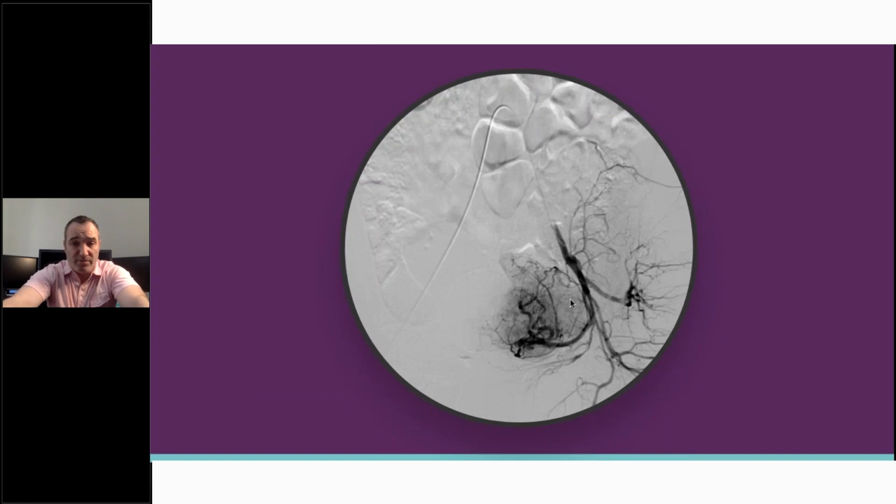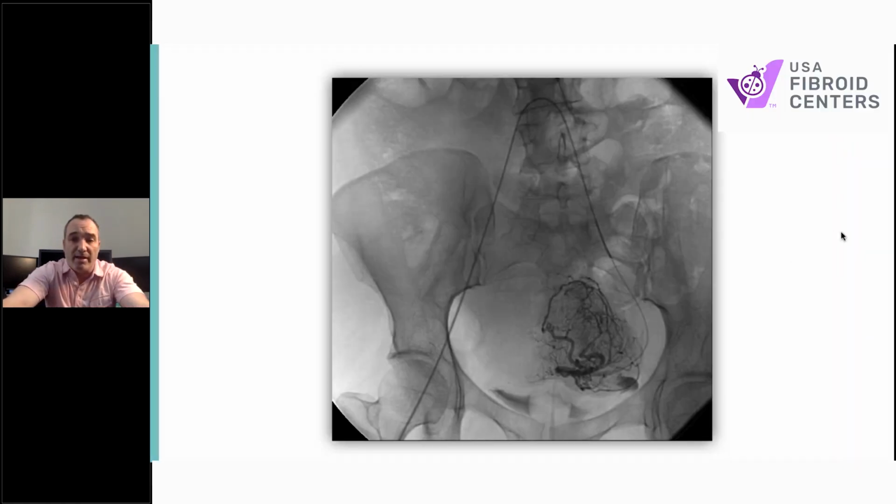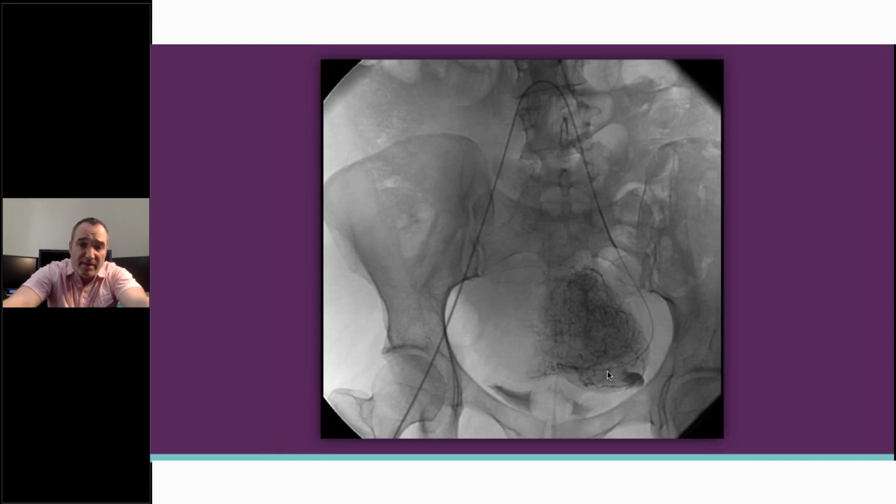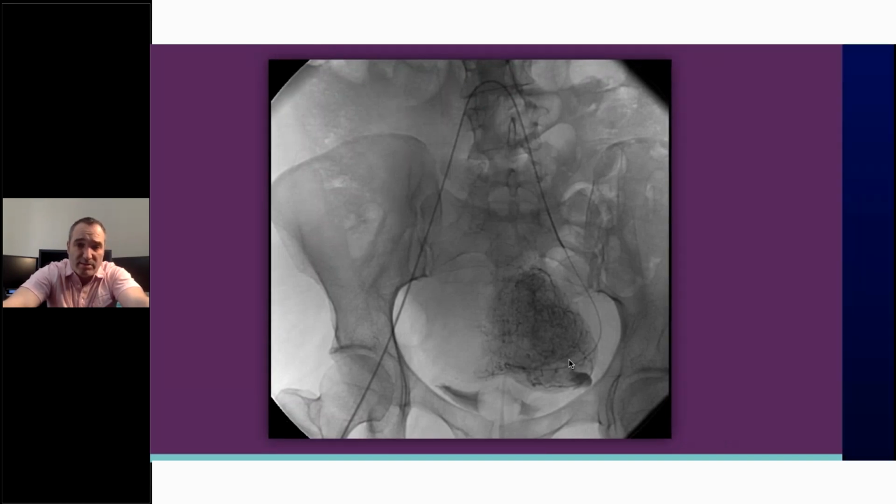Anyway, here's a couple pictures. These are my own photos from my own cases. This is a catheter from the right groin. You have to remember this is as if you're looking at the patient facing you. So right and left. You can see the catheter going into the artery here. And then when we inject, we see this big artery feeding the uterus, and these are the fibroids. Here's another way to look at it. Again, this is non-subtracted. So again, here's the big catheter. Here's a tiny, much smaller catheter going in, the microcatheter, and it's feeding these fibroids.